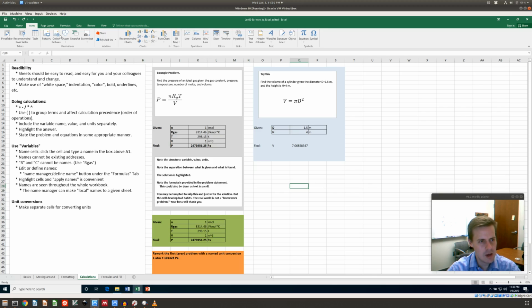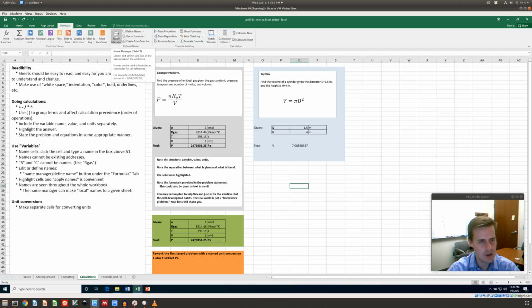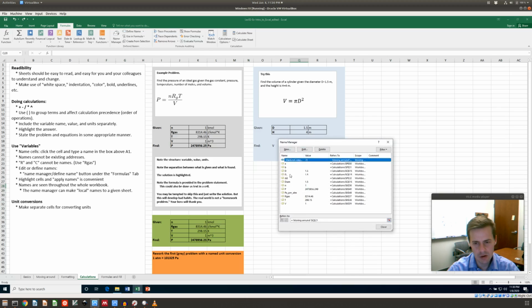Let's see, the Name Manager. Oh, here it tells me where it is. Formula tab, Name Manager, right there. That's what it calls that variable manager. And look, here I've got D underscore, diam, okay. It's named all those guys. And if I want to get rid of that, I can just delete those names. Yep, delete that one,